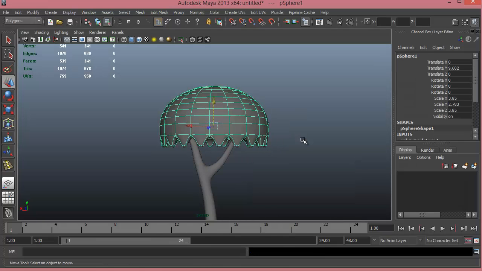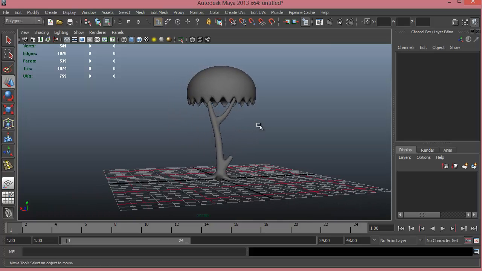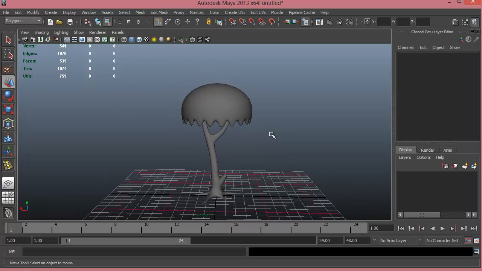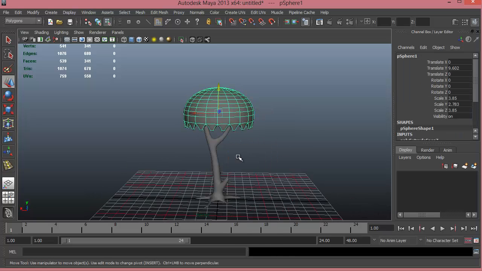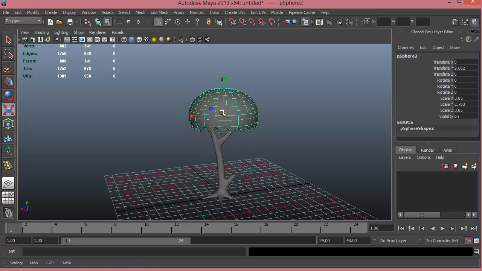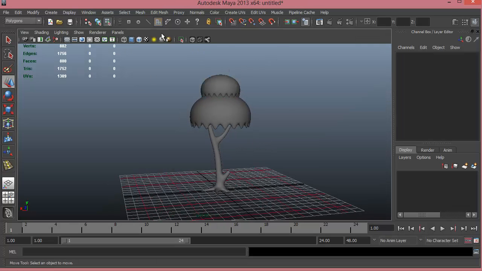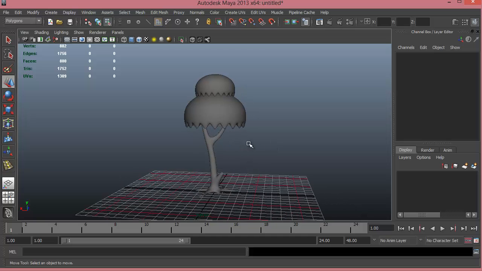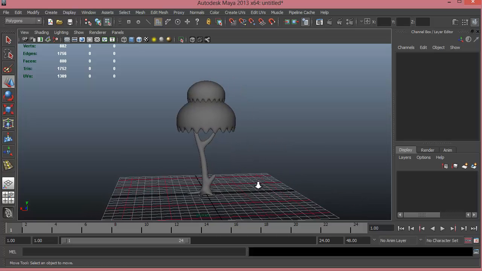Let's go ahead and smooth it out and see how that looks. Okay, just to add more detail, I'll make a copy of this. Control D, make it a bit smaller, and push it up. There you go. You can even have three copies. It's up to you. So that's our cartoonistic